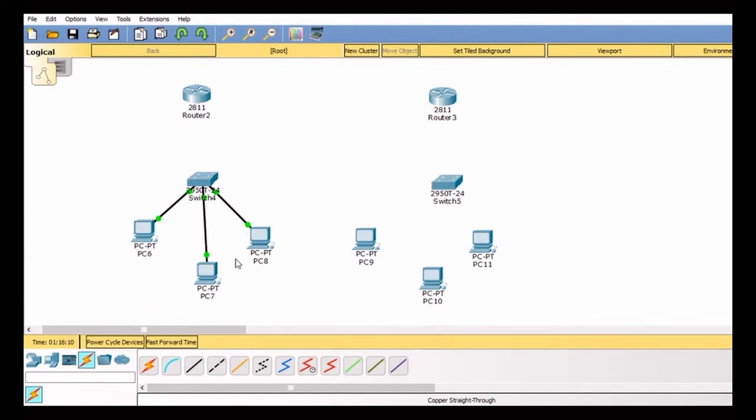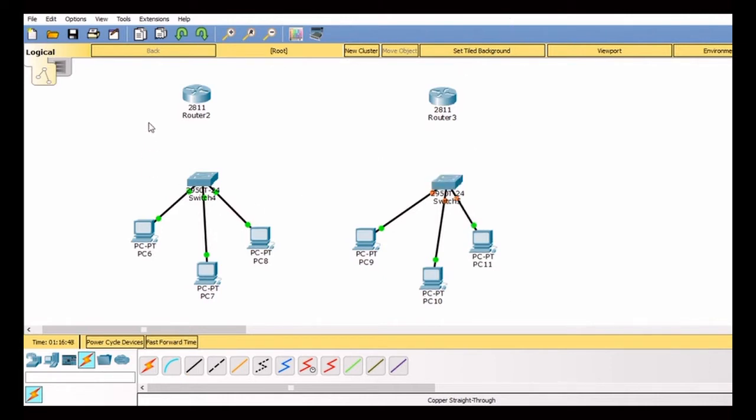Now I'm going to fast forward time so that it connects, and I can see how it is connected. How am I sure that this is connected? All the links are green. If it is red, it means they are not connected. If it is green, it means that the PCs are connected to the switch. In the same way, we are going to configure this particular network. This copper straight through cable from PC, fast Ethernet, then to switch, select an interface. Once again, from our PC to the switch, select any interface. The last PC for this network is left: fast Ethernet 0, switch, and then select 0/3.